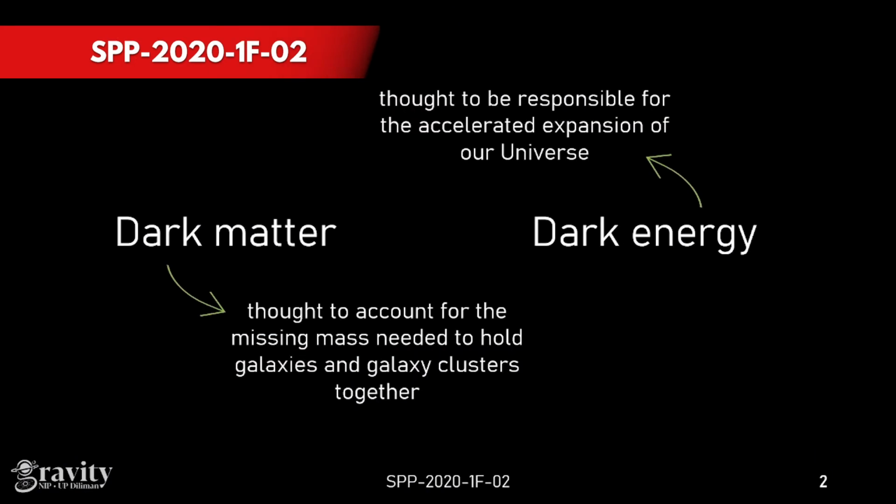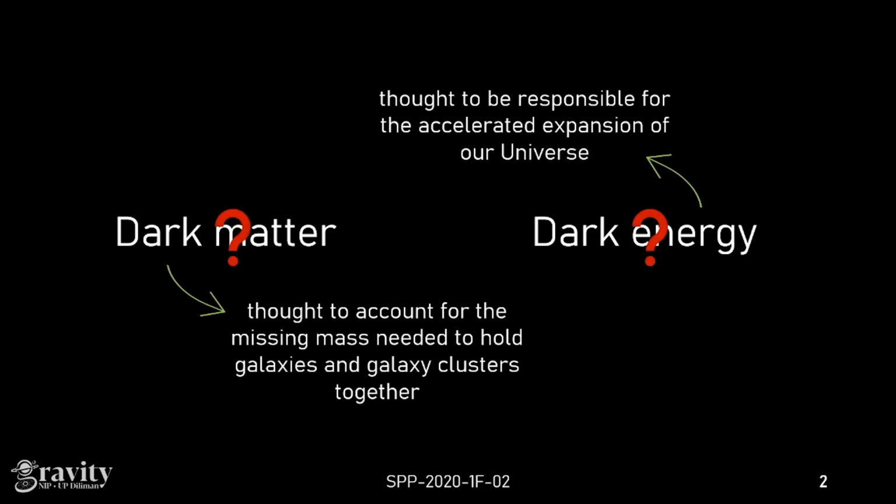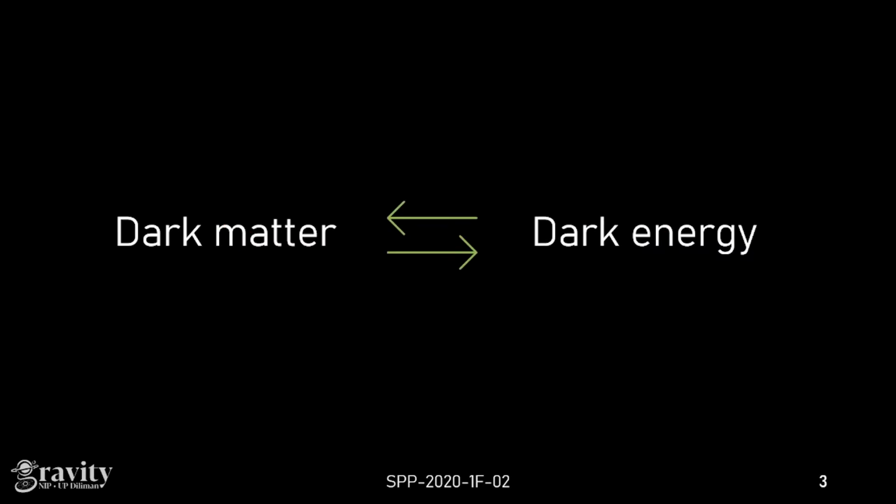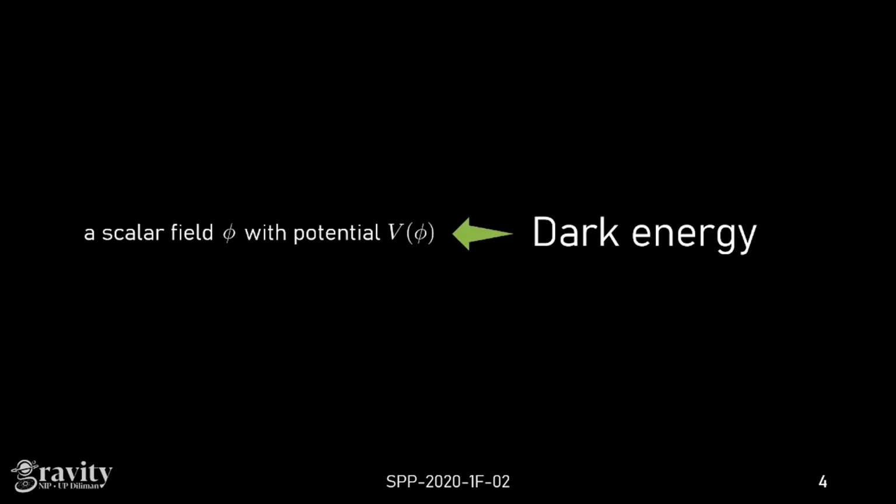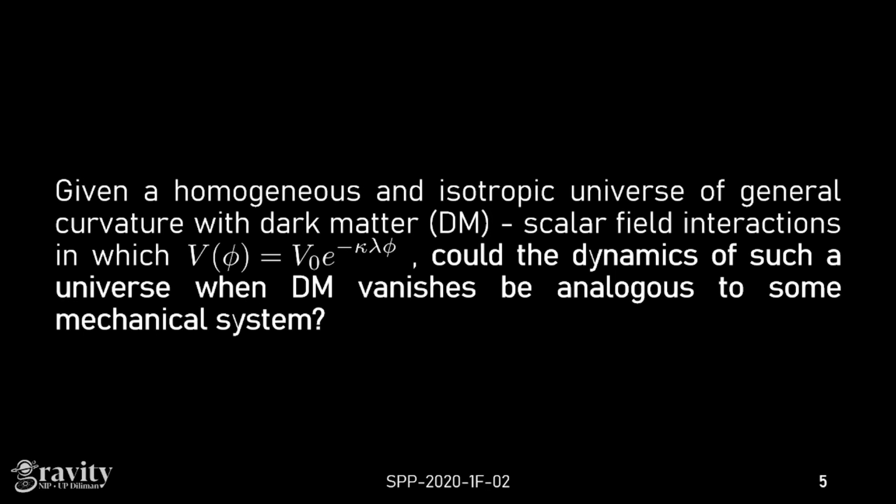Despite advancements in cosmology, there is still more that we need to understand about the true nature of dark matter and dark energy. In an attempt to do so, some mathematical models propose an interaction between the two components or express dark energy as a scalar field with a given potential. If we could somehow connect these models to something more familiar, this might provide a more in-depth comprehension of their nature. Thus, we ask ourselves, could the dynamics in our proposed model, when dark matter vanishes, be analogous to some